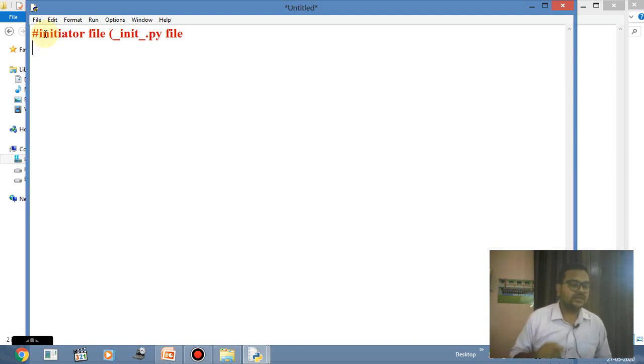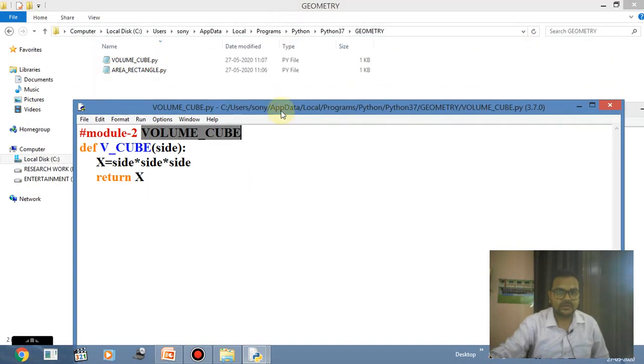तो इस initiator file में what we are going to define, actually हम define क्या करने वाले हैं, we are going to define that हमें किस module से from the geometry library which of the module we have to invoke over there. So that actually we are going to use in this one. Clear? So here we have this one initiator file है. So from my first module name is, now we will check my first module name.